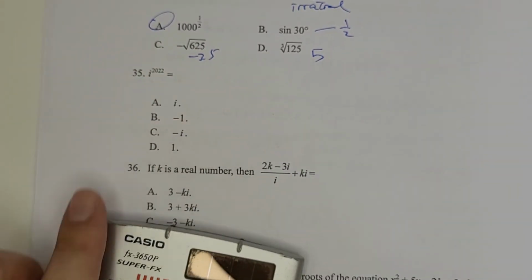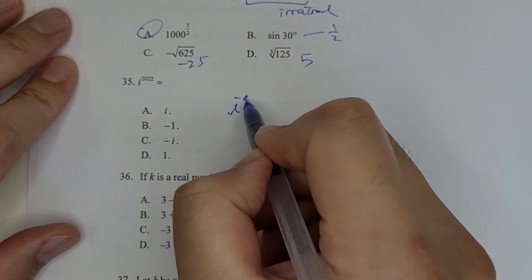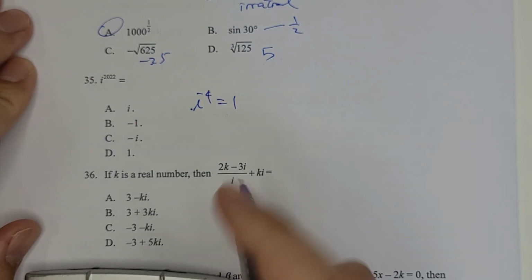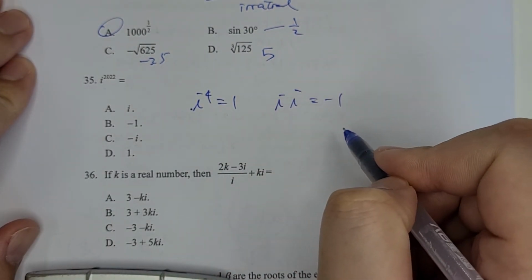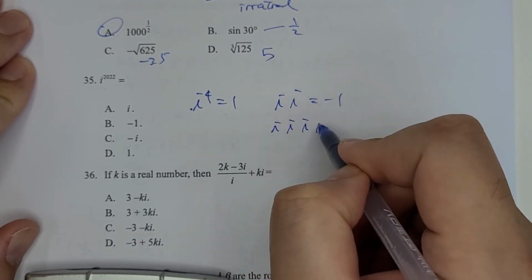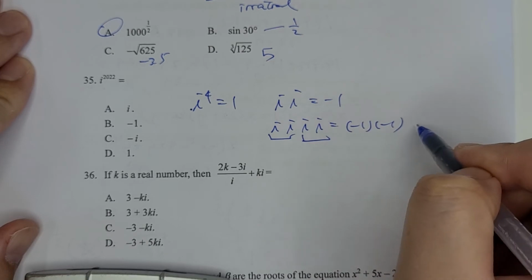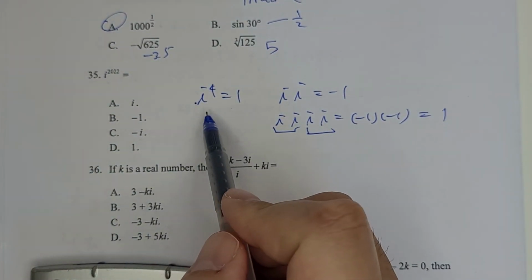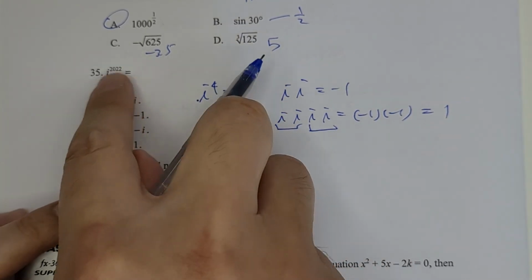Okay, so as we know, i to the power 4 equals 1. Because i times i is negative 1. So i times i times i times i, group them together, negative 1 times negative 1, that is positive 1. If you know that i to the power 4 equals 1, then you can try to consider